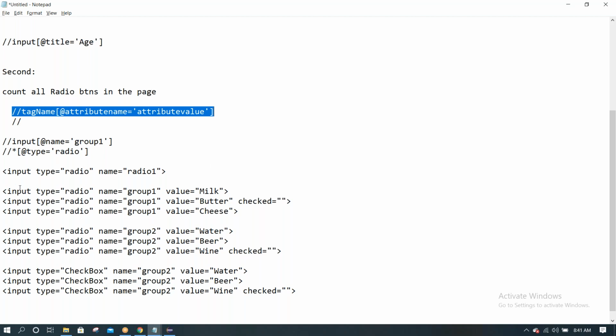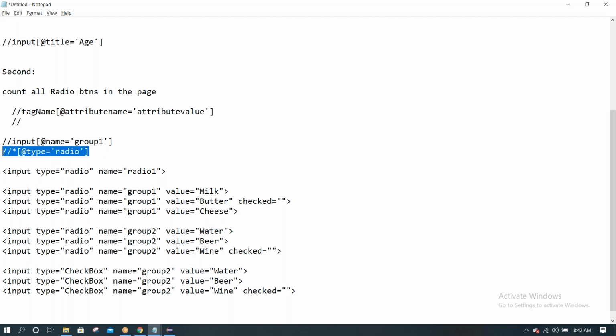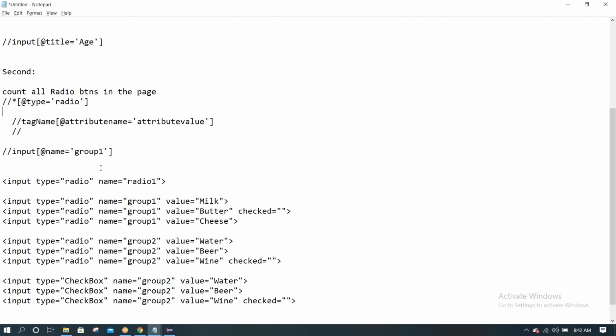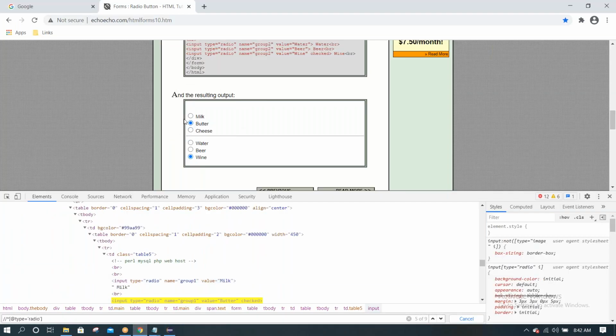Okay, now what is this doing? It is counting all the radio buttons. Now this will be helpful to identify this category, milk, butter, cheese radio buttons.